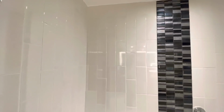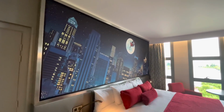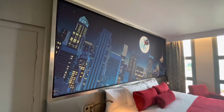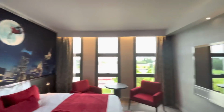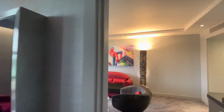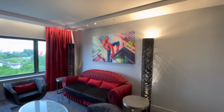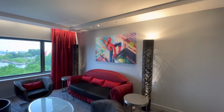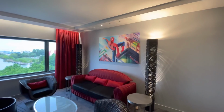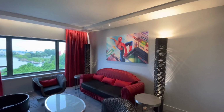So that's the Spider-Man suite. This is fantastic. If you're a Marvel fan and you're coming to Disneyland Paris, this is the experience to do. Price is going to vary. It's going to be well north of 1,000 euros, but Empire Club is generally north of 1,000 euros, and this is only a couple hundred more. And I think if you're going to really go for this, this is the experience. This is something special and different and fun that you'll never